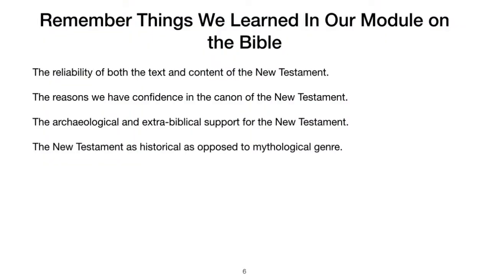And then we saw also, we looked at, and I gave you a handout on this, we saw that the New Testament is a particular type of genre. It's a particular style of literature referred to as Greco-Roman bio. So it fits within this broad category of historical biography from the Greco-Roman era. They had certain characteristics, and the Bible exhibits those characteristics as opposed to the genre of mythological literature